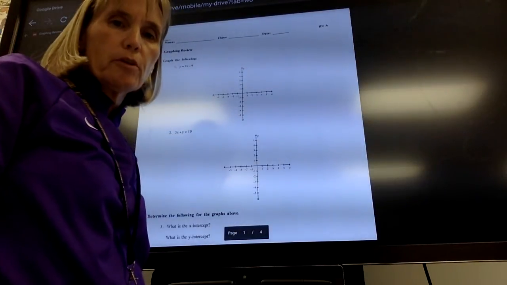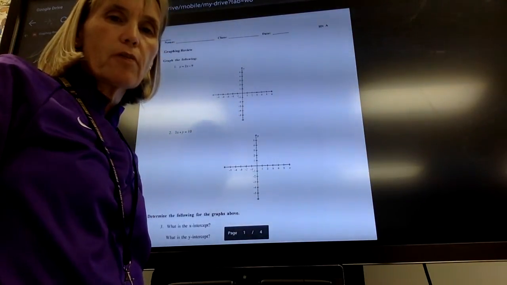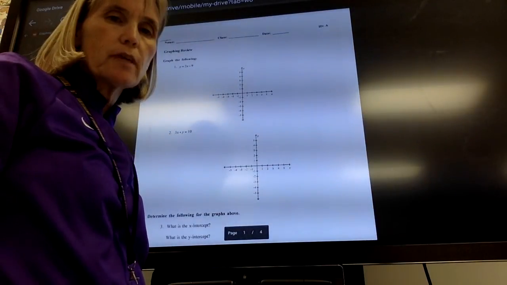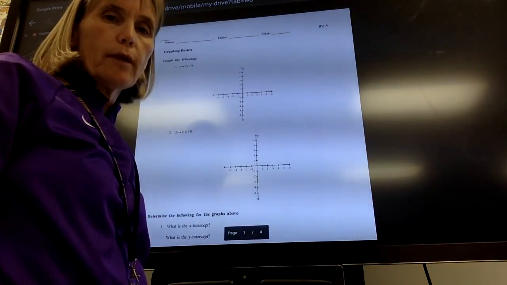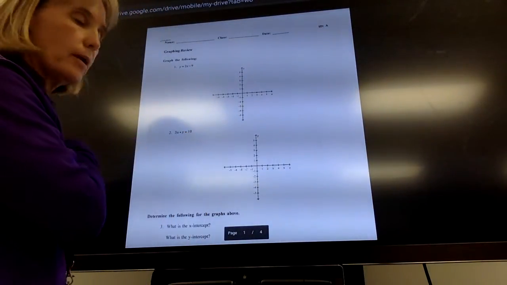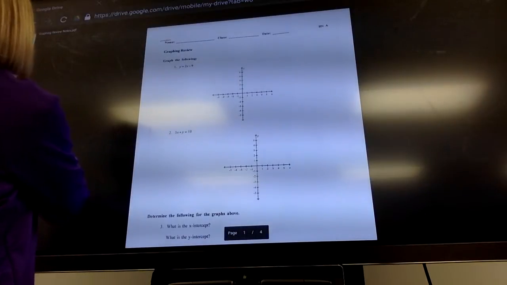So I'm going to try to put together just a little bit of a graphing review for you before I head for the weekend. You said that you were able to complete the first two graphs, so that would be the first two, I'm assuming, on page 1. Okay, if I am graphing,